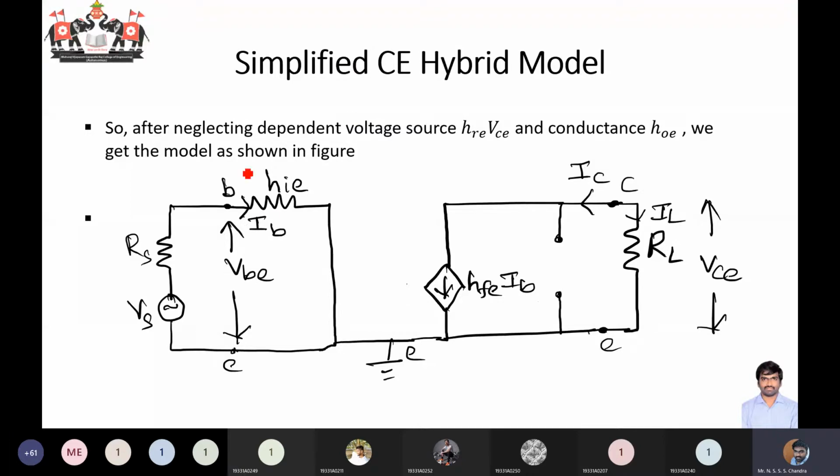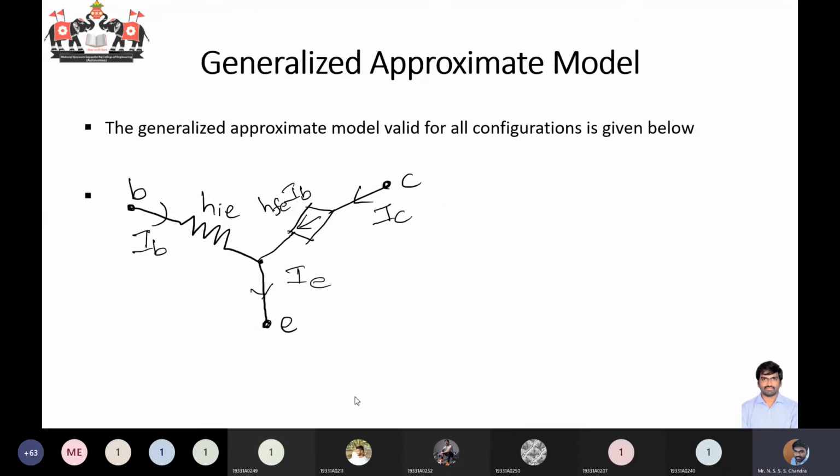Okay, so we short circuit that dependent voltage source and remove that conductance, and we have obtained the simplified hybrid model. Okay, so in today's class we'll be discussing how to draw the approximate model for